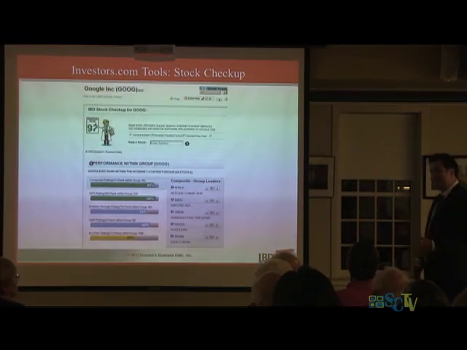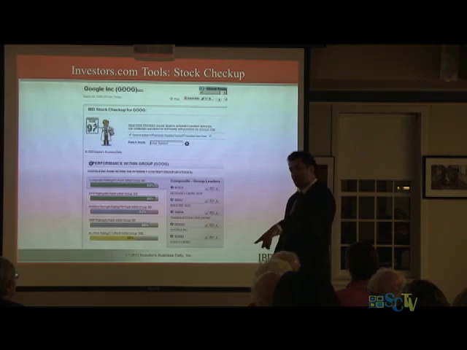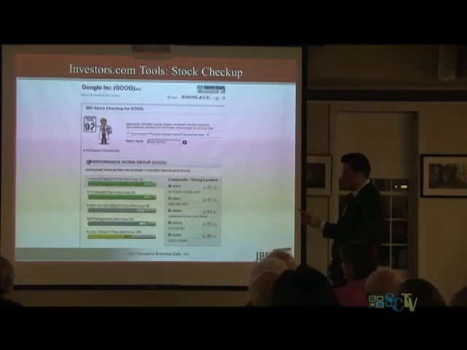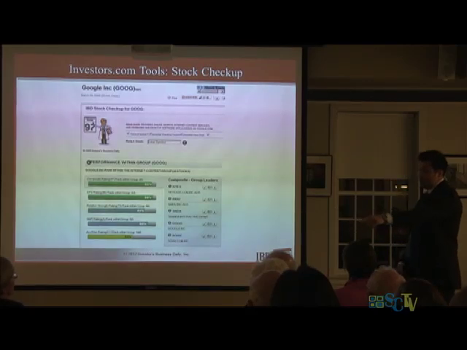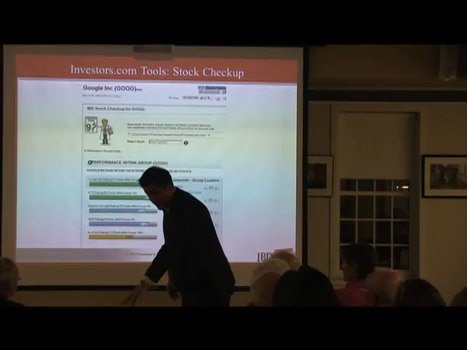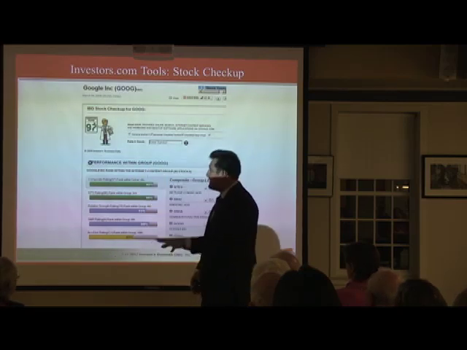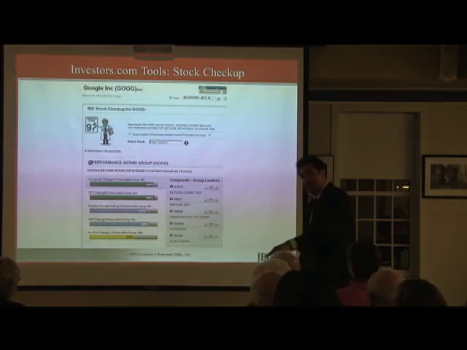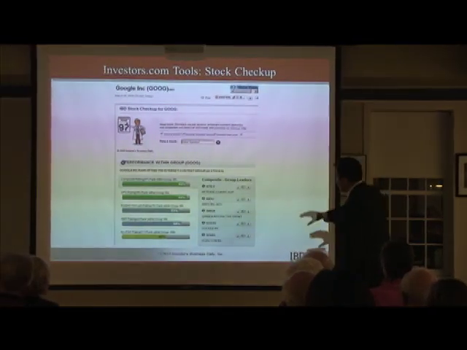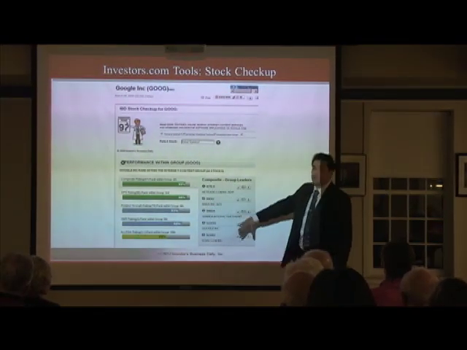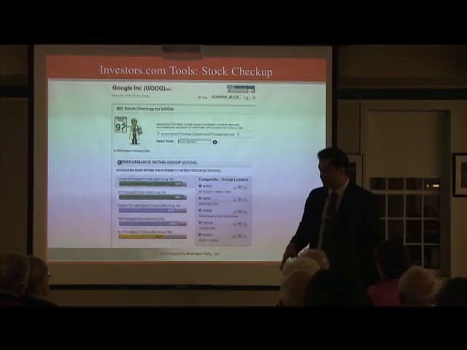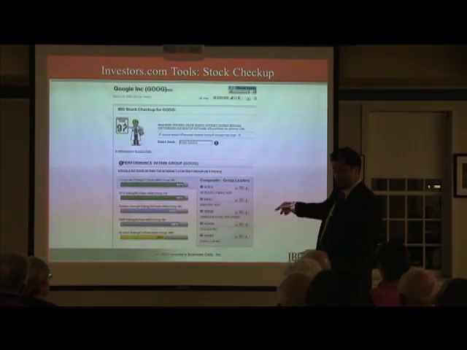So if your stock has a 63, what are you going to do with it? What if it has a 93? Interesting, right? No, you won't buy it, but maybe put it on your watch list, and you're going to use the chart to help you time your buys. Just because the stock is a 99 doesn't mean it's the right time to buy it, because maybe it's extended, right? Okay? In addition to that, it's also going to tell you the 5 best ideas within that same group. A lot of times, when we're in the right neighborhood, we're just at the wrong house. It's going to point you to the right house, okay?